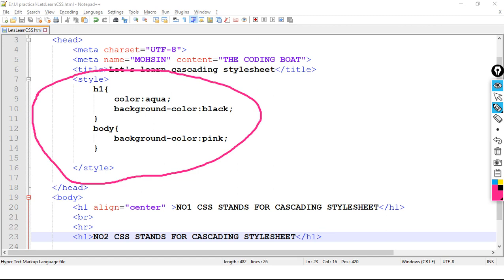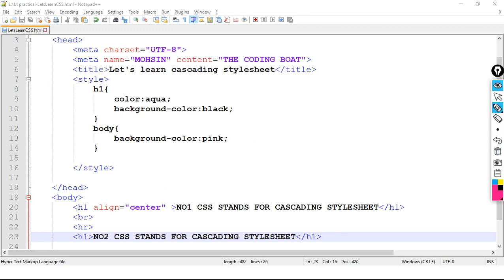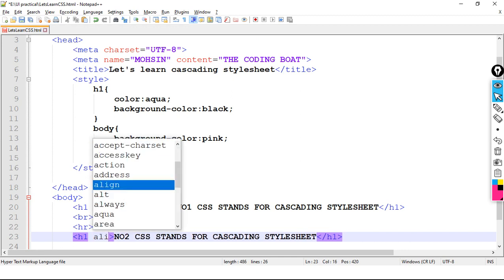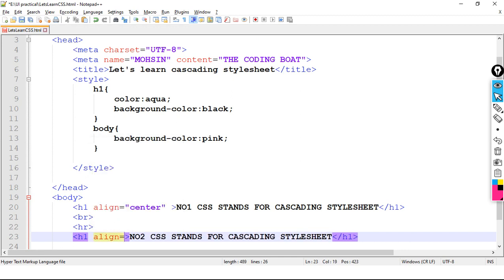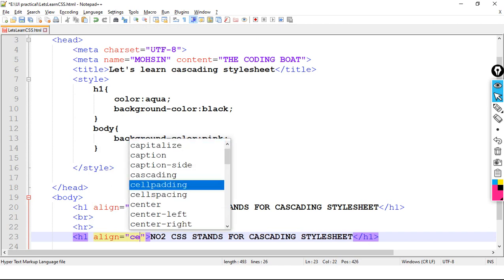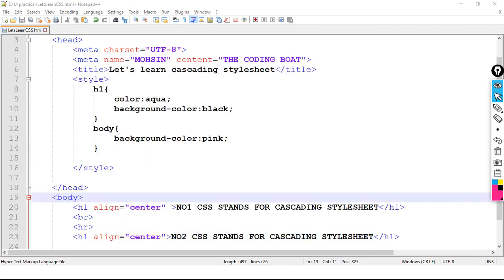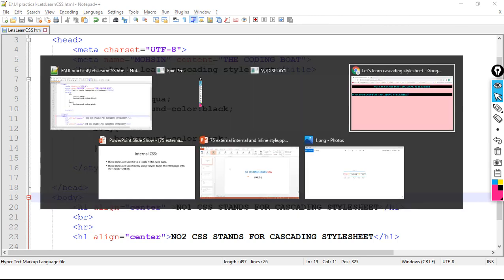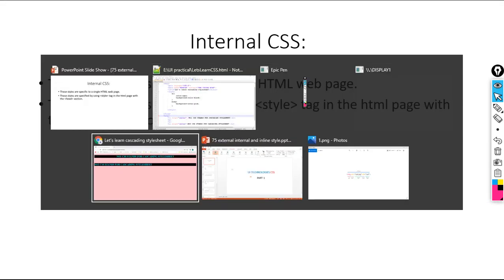We do not need to write separate code for them individually. Okay, so here I will make use of align equal to center. Save the code and refresh.